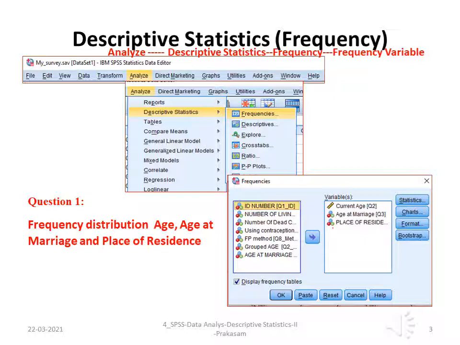If you want to bring a variable back from the right side to the left side, click the middle arrow again, and then you can select other variables. Or, if you want the distribution of all variables, you can block all the variables in the left window, click the center arrow to shift them to the right side, and process by clicking the OK button.